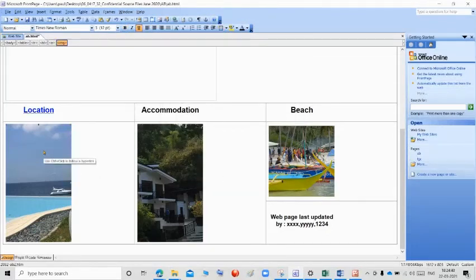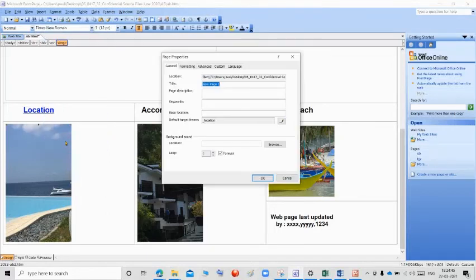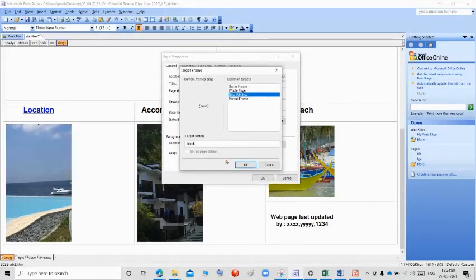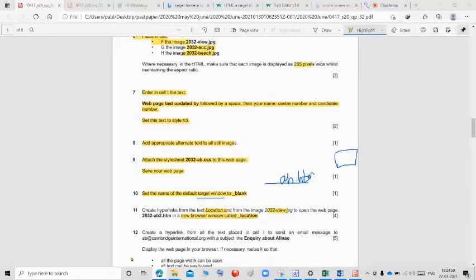The same for this image: right click, go to the page properties, click new window and give the name location. Click OK. So now we created the hyperlink from the text location and the image, attached the web page in the hyperlink, and gave the default target window with the name location.